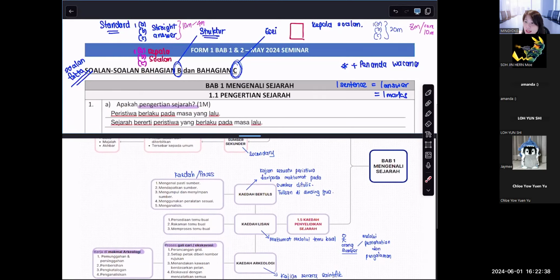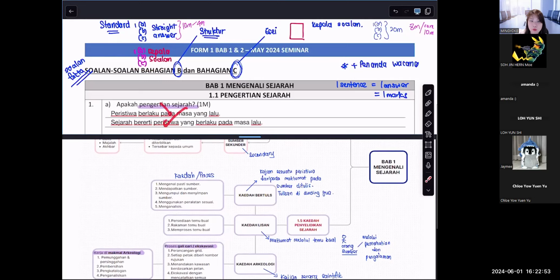Teacher, my teacher said already they want kepala soalan, if not minus marks. You see, as I said already, if your teacher says you need kepala soalan, you have to put kepala soalan, otherwise you will lose marks. Losing marks means they don't even give you the 1 mark. They will give you this one, very beautiful letters called ayat tidak lengkap.